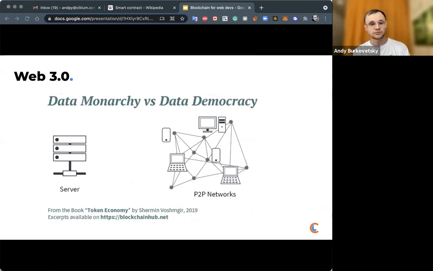So instead of a single company server or a single company set of servers, we have a P2P network of devices like laptops, smartphones, sensors, any IoT devices. And we can call them network citizens, for example. They play both roles of server and client in this case.